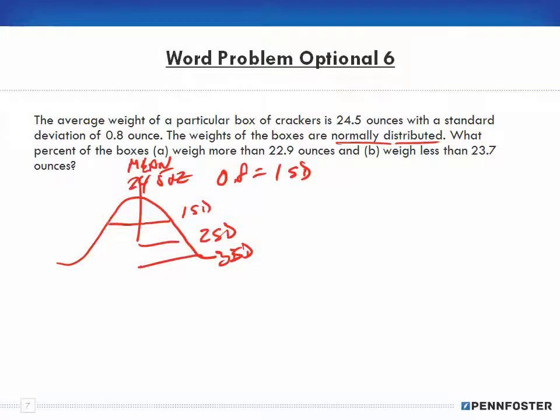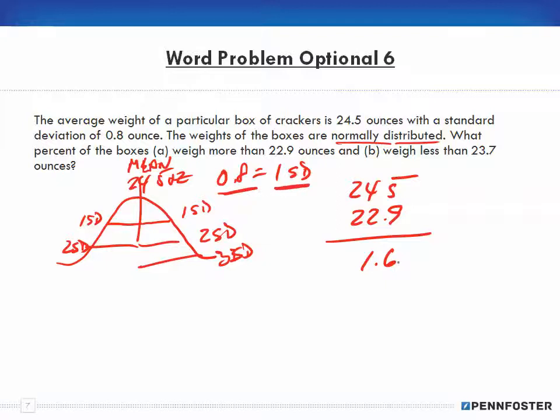Now remember, this also goes above and below that mean, 1 standard deviation, 2 standard deviations. So for A, they weigh more than 22.9 ounces. If the mean is 24.5, the difference between the two is 1.6 ounces. And if 0.8 ounces is 1 standard deviation, I divide that 1.6 by 0.8, and that gives me 2 standard deviations. Now that I know how many standard deviations from the mean,